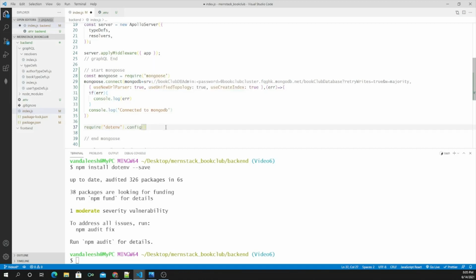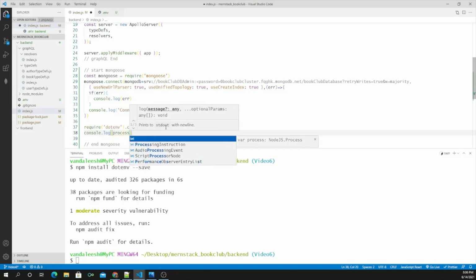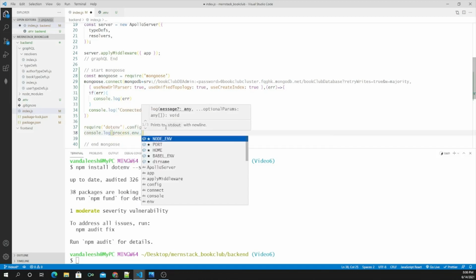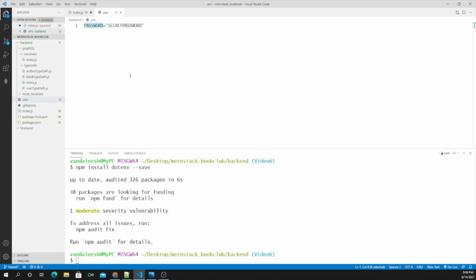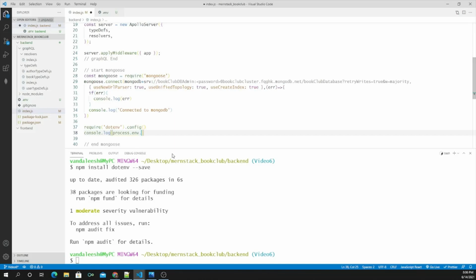So once this is done, all the variables defined in .env will be available under process.env dot the key value pair. So here we defined a password. So let's just log it out, save it,